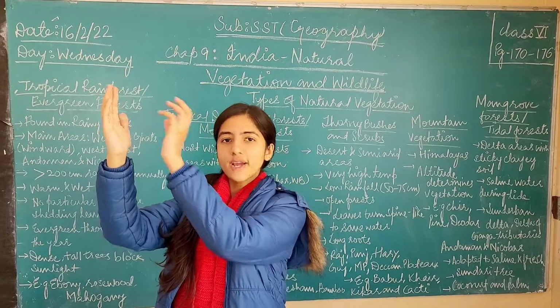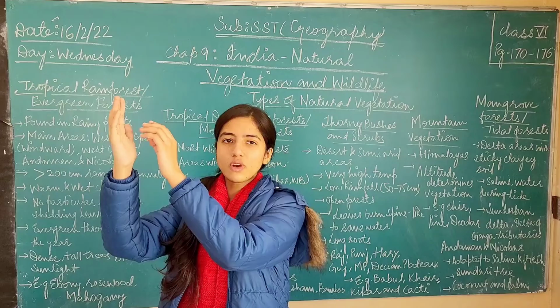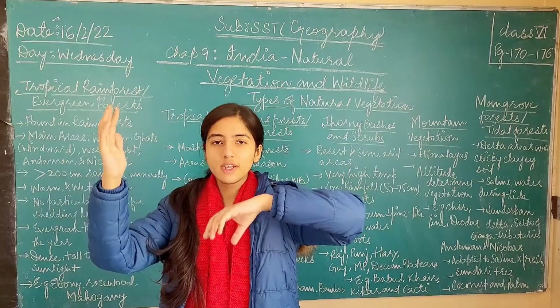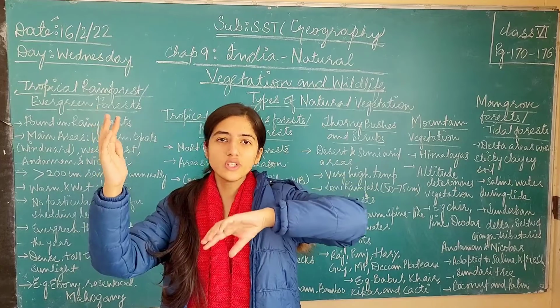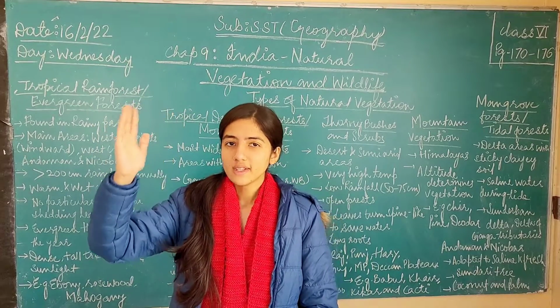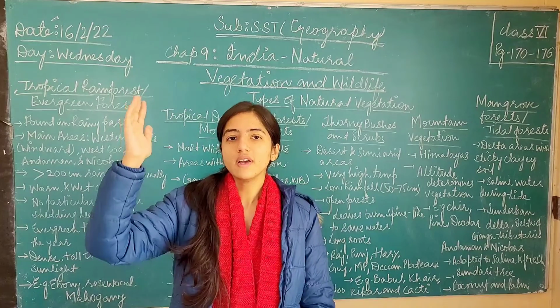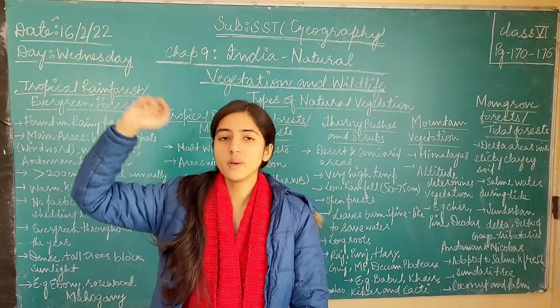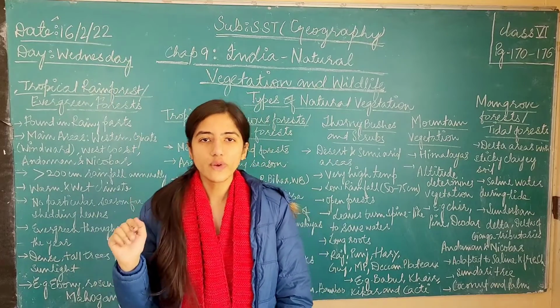The clouds then try to cross the mountains, but they are not able to cross the mountains. So they come back and rainfall starts in this region only, the region from which the clouds have emerged. Right? So this side of the mountain is called the windward side. This side receives the rainfall because the clouds were not able to go over the mountains. This side is called the windward side.